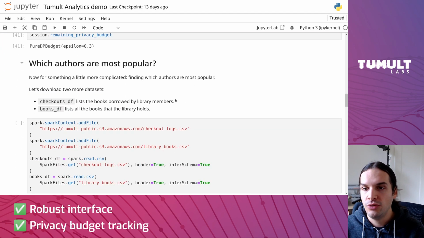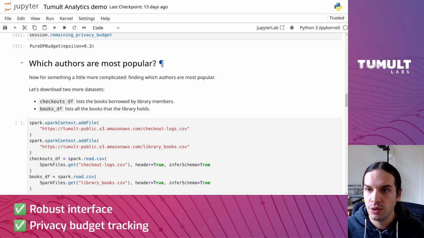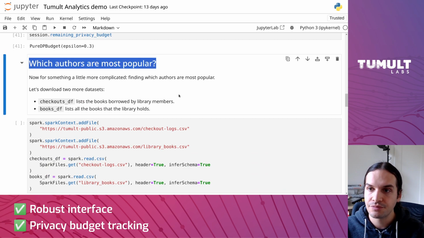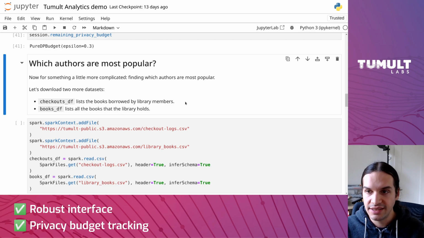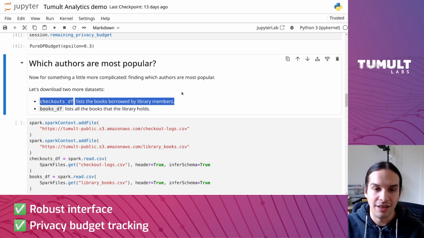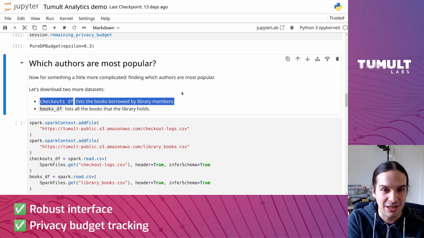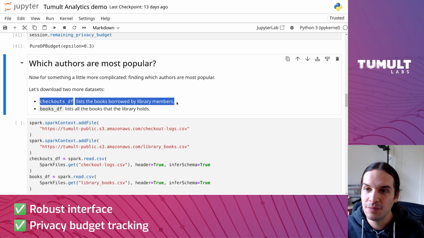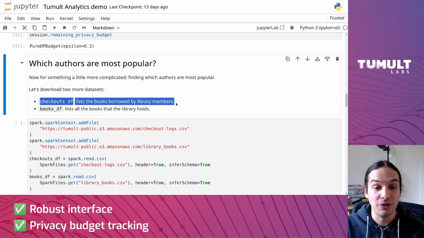Okay, let's move on and look at the second query we wanted to answer, which is which authors are most popular. So for this, we're going to use another data set that, instead of listing details about each library member, is going to list all the books that were borrowed by library members here. So this is a sensitive table, of course. We don't want to reveal what